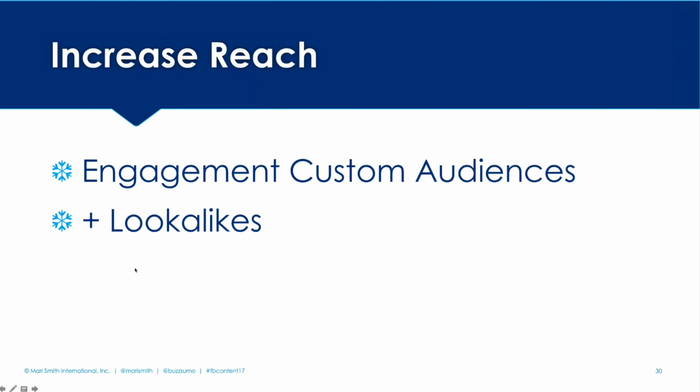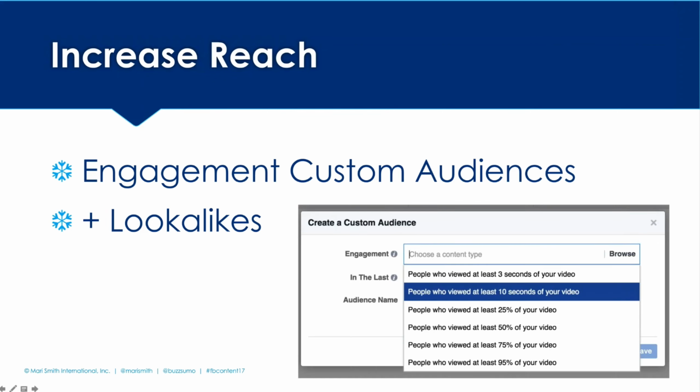Okay, engagement custom audiences, we're almost through, and we'll take your questions. Again, I just want to at least put this on the table, my friends, that this should be a part of your 2017 content plan, because remember, if you're getting between 1% and 6% organic reach, and yet videos get the highest organic reach and engagement, the best video ad click-through rates, the highest number of shares, then when you're creating more video content and you use what Facebook calls engagement custom audiences, you go into your ads manager, you click on audiences, custom audience, and there's your options there.